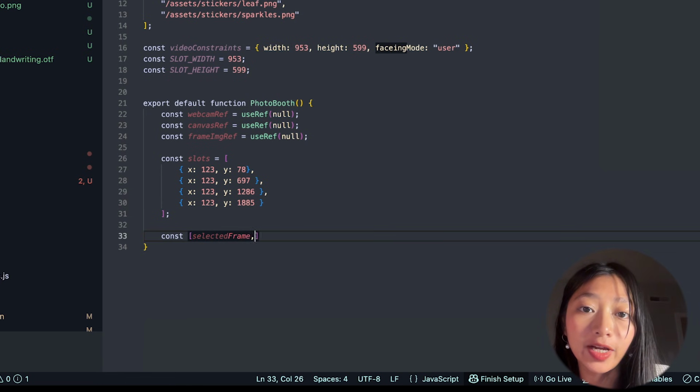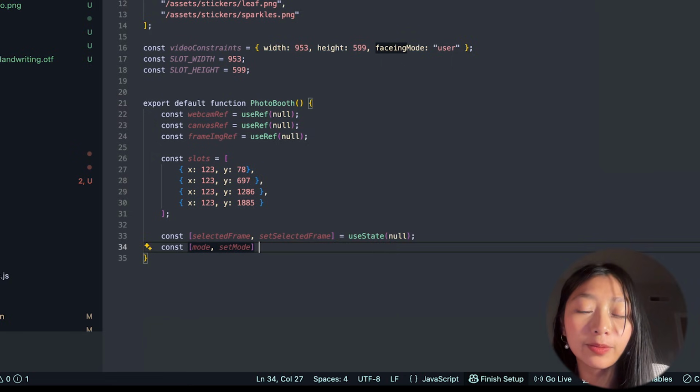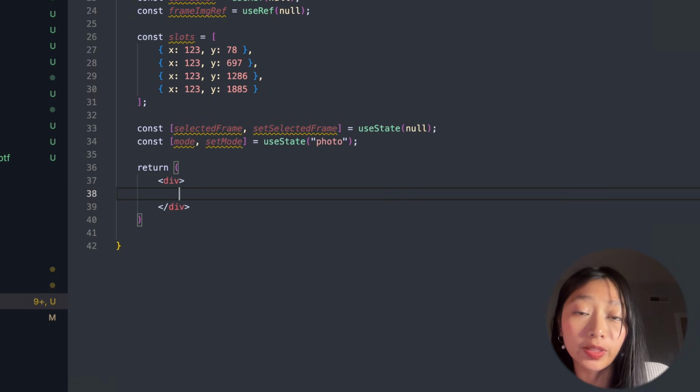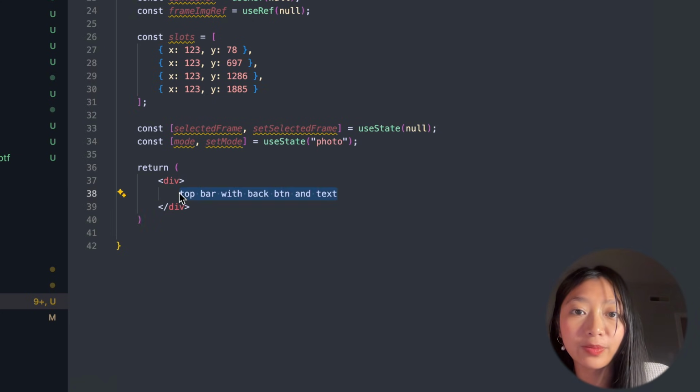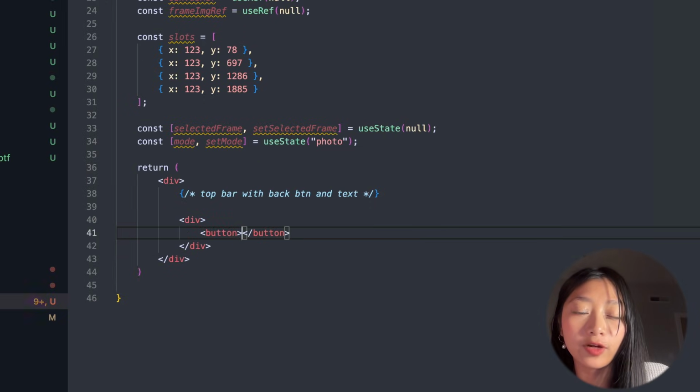First, we need to specify our constants, and we have 2: selected frame and mode. For mode, we're going to have 2 different modes: photo for photo booth and decorate for the sticker section. Before all of that, we need to create our top bar first, and it will have our back button